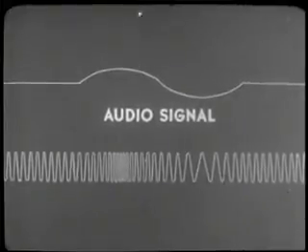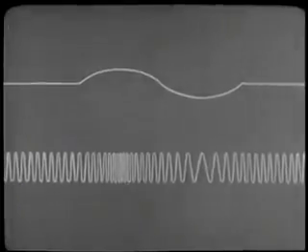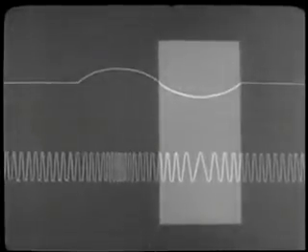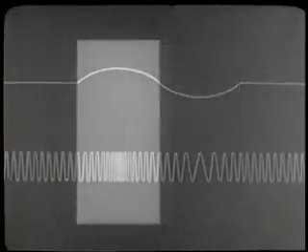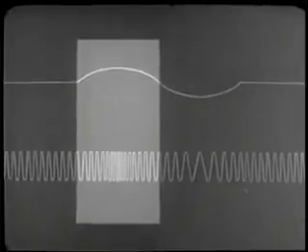This is an audio signal of one complete cycle with a corresponding frequency modulated RF wave underneath it. A variation of the amplitude in the audio signal is accurately reflected by a frequency variation or modulation in the RF carrier. The negative half cycle of the audio made the carrier drop below rest frequency, and the positive half cycle of the audio made the carrier rise above rest frequency. The carrier's ability to reflect the amplitude of the audio signal can be easily visualized.